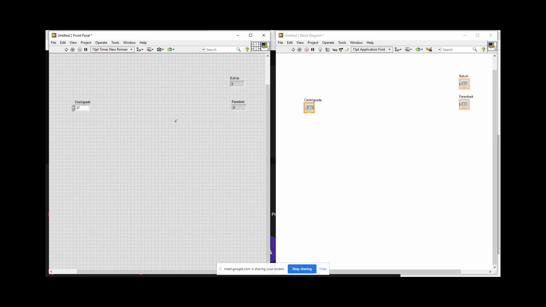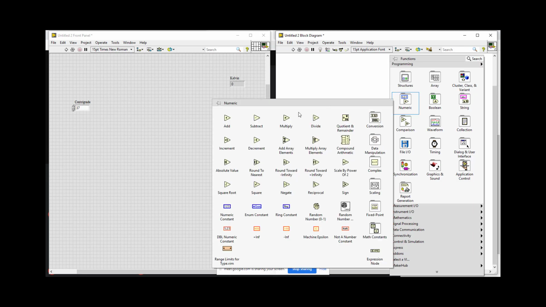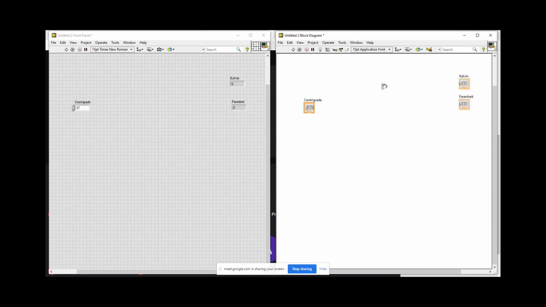What is a relation between centigrade and Kelvin? That is just 273.15 or 273. Right now, I am going to use 273 offset between centigrade and Kelvin. So for 0 degree centigrade, the Kelvin is 273.15.